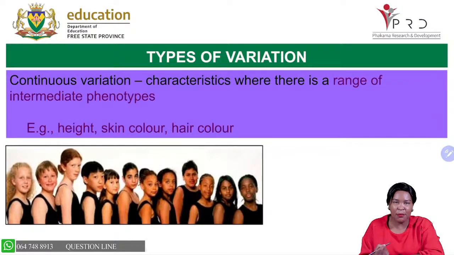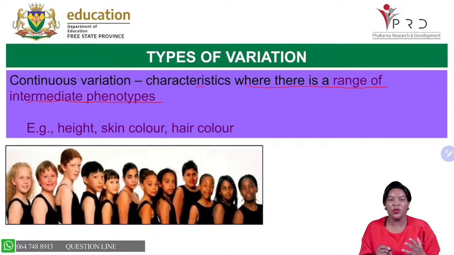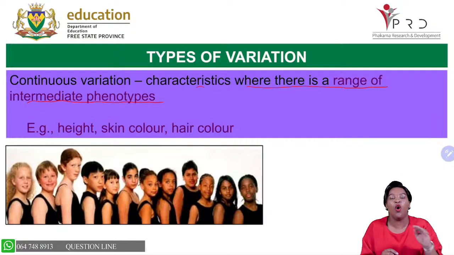Then, types of variation. There are two types of variation. You have continuous variation and discontinuous variation. So what is continuous variation? Remember, with continuous variation, it is continuous. The characteristics where there is a range of intermediate phenotypes. So for continuous one, it is not absolute. You do not say people are short or tall. Not all short people have the same height, or not all tall people have the same height, but there is